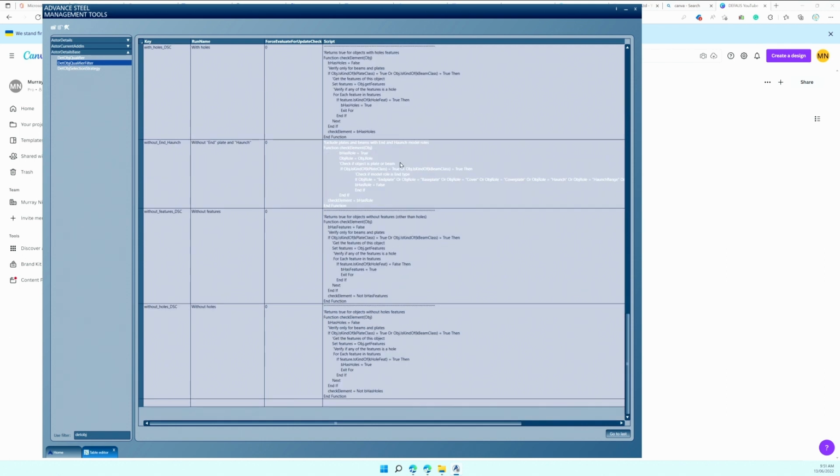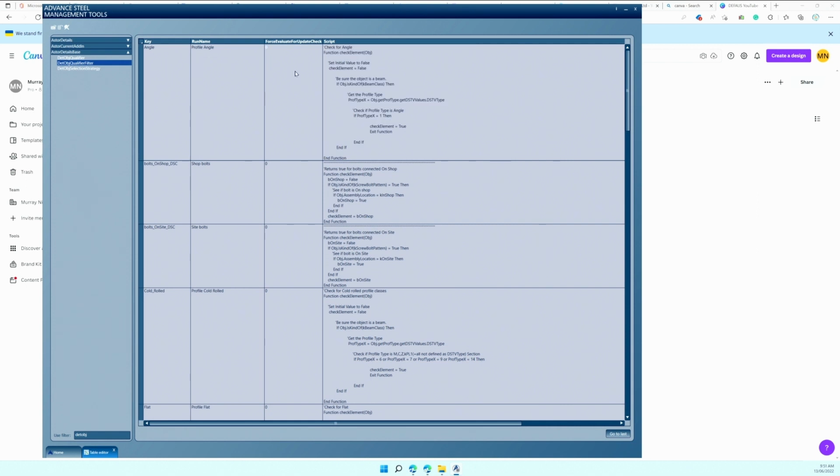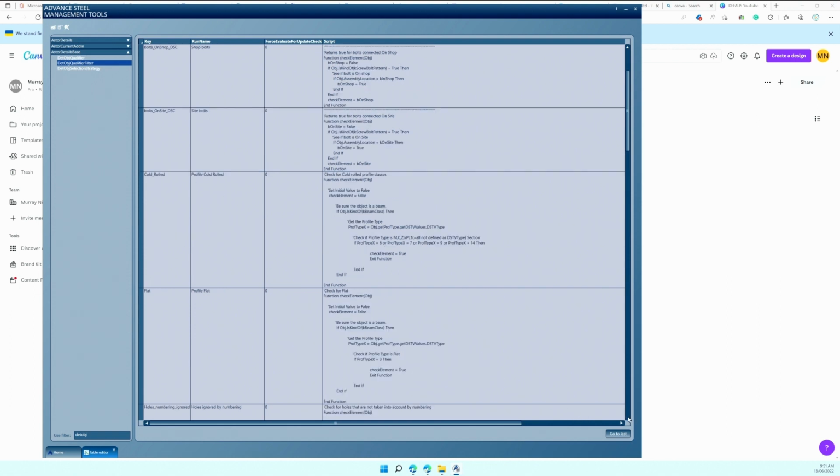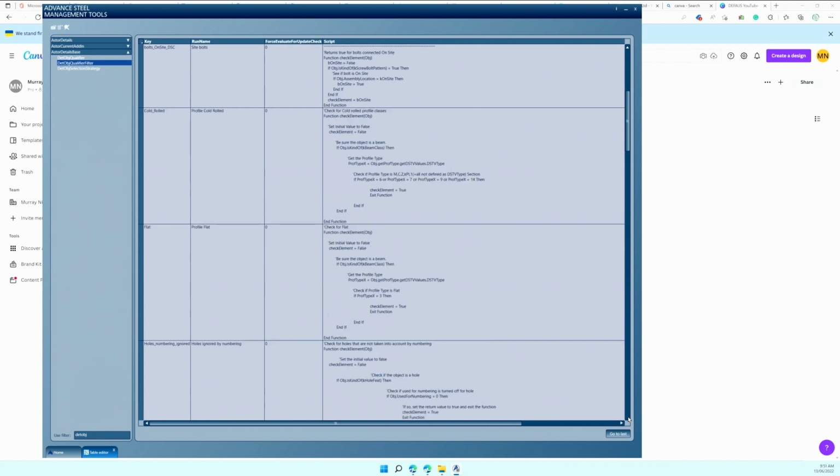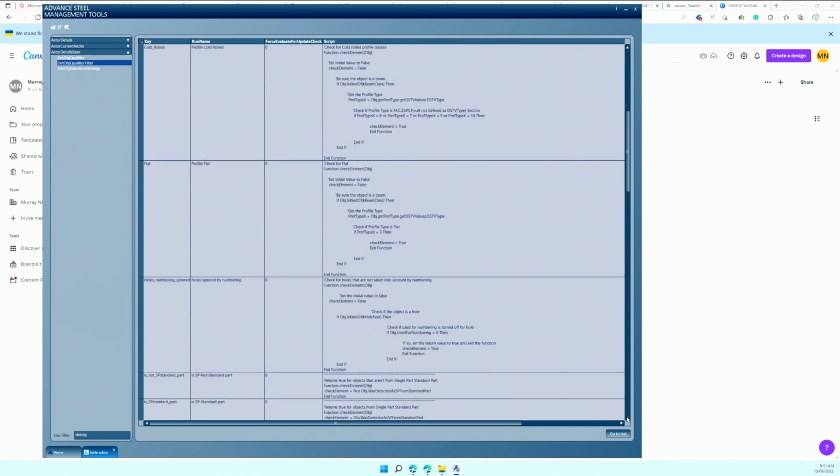So all of these bar one come out of the box. They are filters that have been built by Autodesk to assist with filtering. You can see there's one for cold rolled, site bolts and whatnot. They have already been created and saved into the system. So if I just scroll down here,